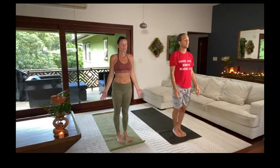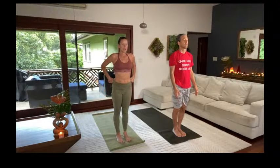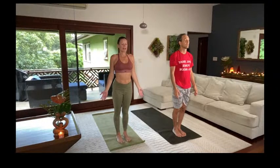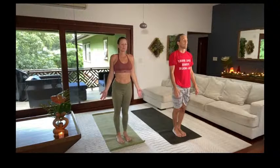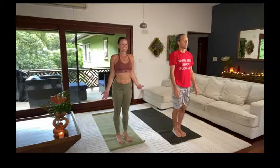See if you can find your heartbeat. Bringing appreciation to this organ. The yogis believe that this organ governs the emotion of love. And so as you bring your attention to the heartbeat, we can appreciate as we've